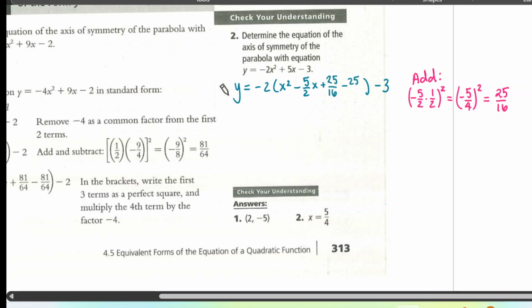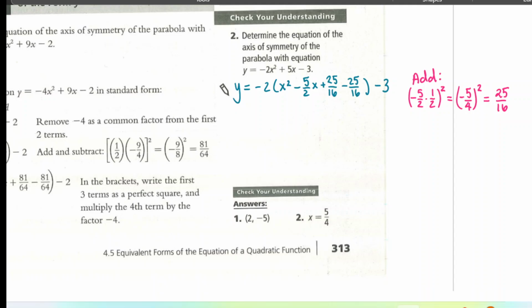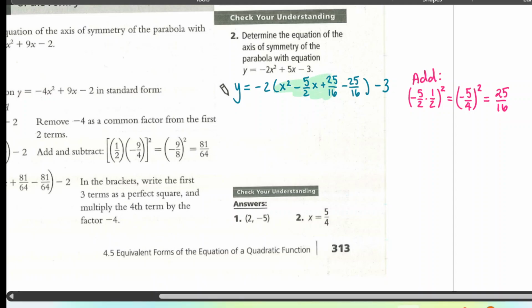And you can't just randomly add 25 over 16. We also have to subtract it, because then it's essentially like we've just added 0. Okay, so now we have our perfect square trinomial that I'm highlighting in green there. I'm going to